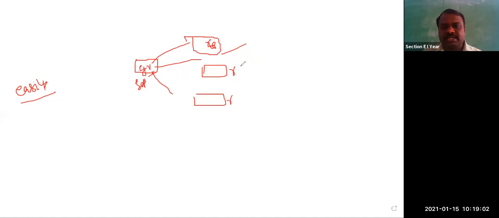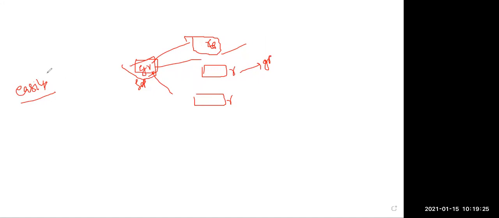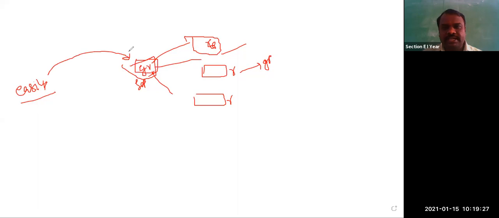Now I want to change this red color to green color. Do I need to modify these three places? No need. I will modify only one place, and this can be reflected in three places. Is it clear, guys? Yes, sir. How did you get saved time? I have written only once, used three times. So obviously you get one advantage, that is saving time.